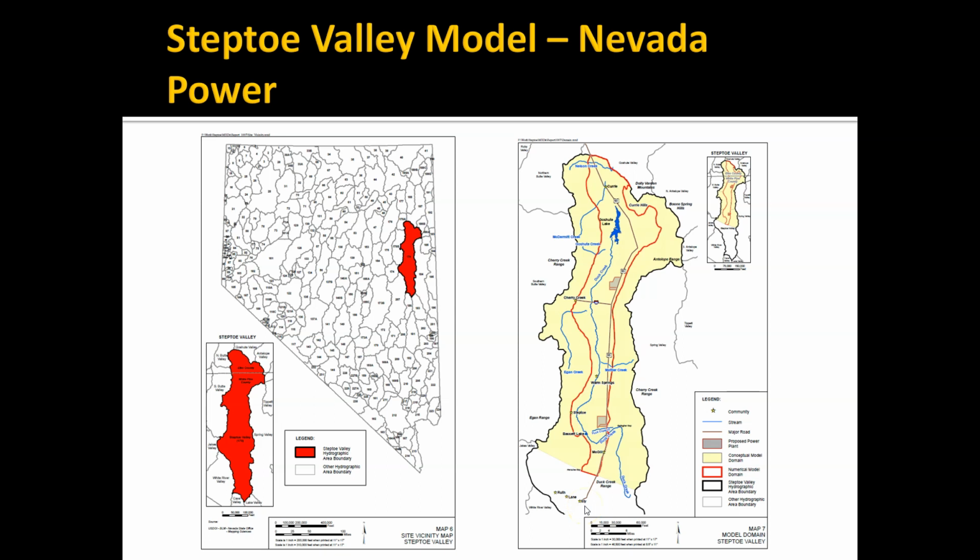And at this point in time, there was a power company that was looking at developing a coal-fired power plant to put in Steptoe Valley, and they were looking at a number of different locations. Two of the locations that were proposed are here and here. And this particular power plant design required quite a bit of water,